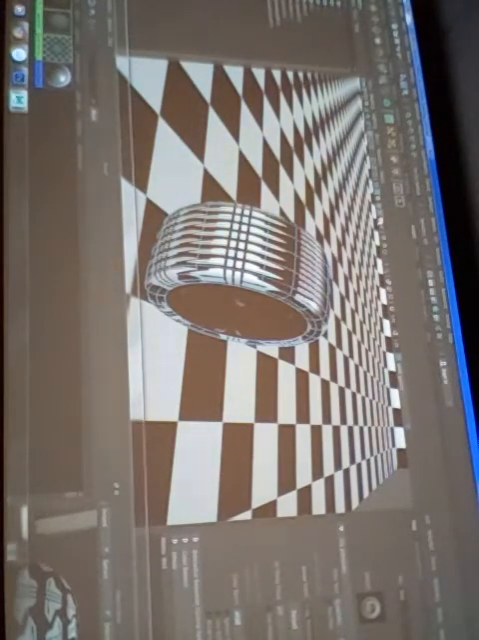Okay. All right, so what we need to do is rotate the texture, and then we need to repeat it. Rotate the texture. All right, so to do that,